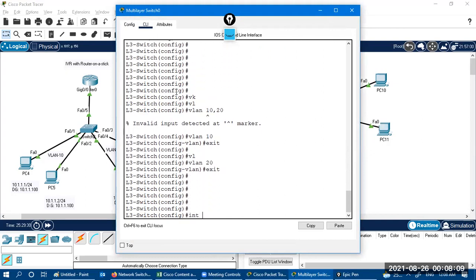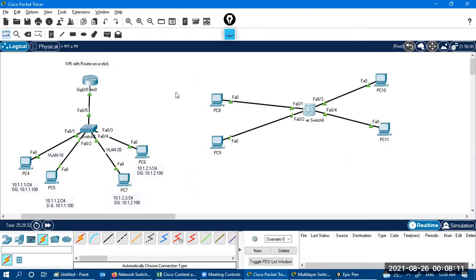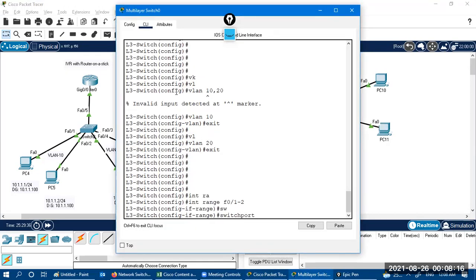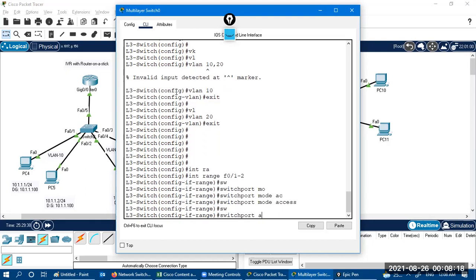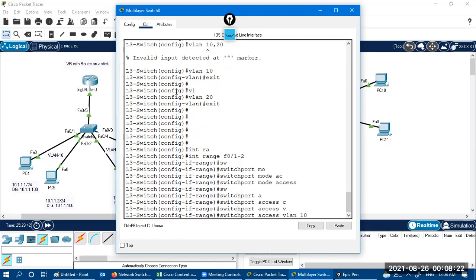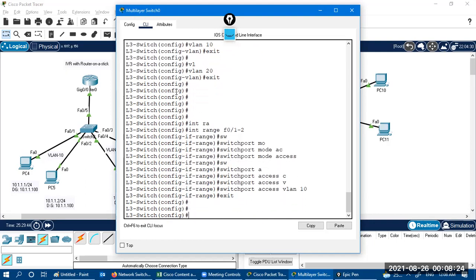Now you have to say interface range F0/1 to 2, switchport mode access, switchport access VLAN 10, exit.